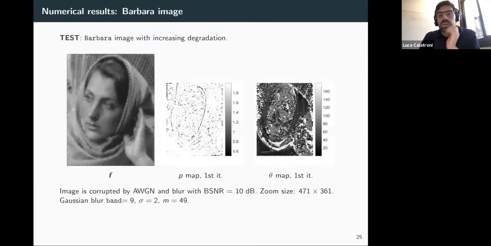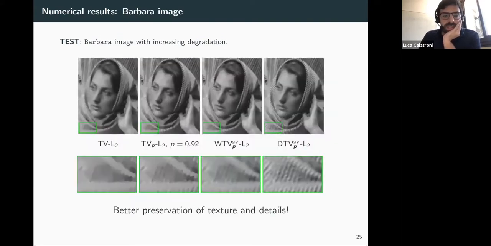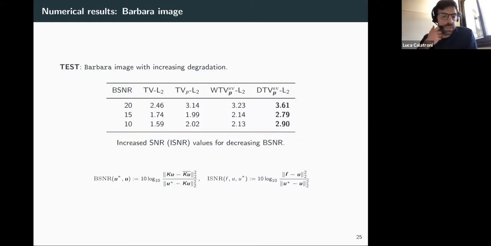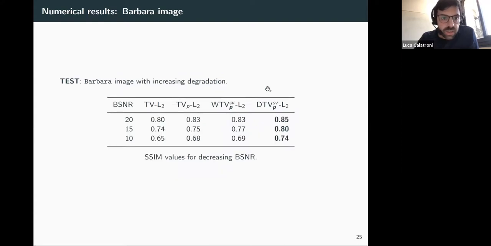Okay, so let me just show you some results to conclude. I probably skip these and simply show you the resulting images. So those are just some comparisons between standard TV image deblurring and the other models that I described before, where the parameters have been estimated following the same ML type strategy discussed in the previous slide. And you see here in particular that when you use your fully space variant model, you get some improvement in terms of texture preservation. So here are just some tables confirming this, but I think I'm running out of time,